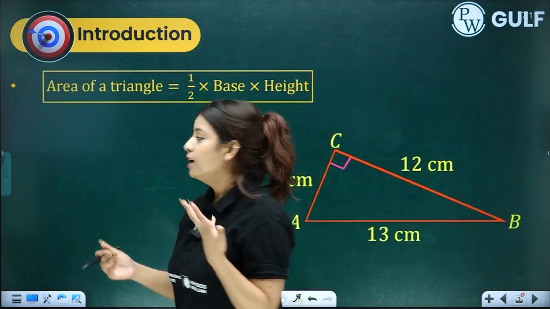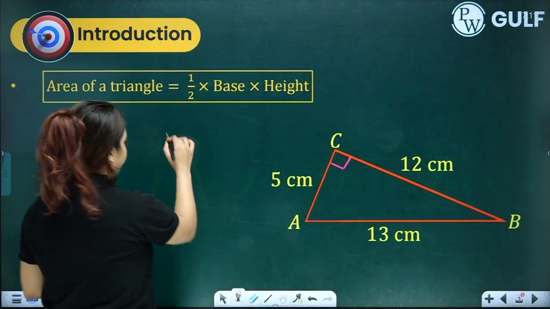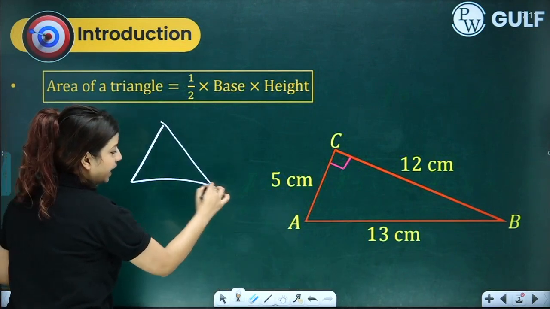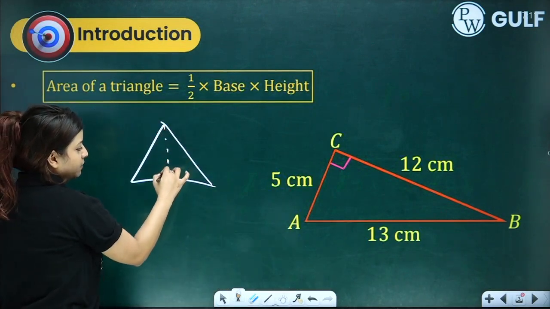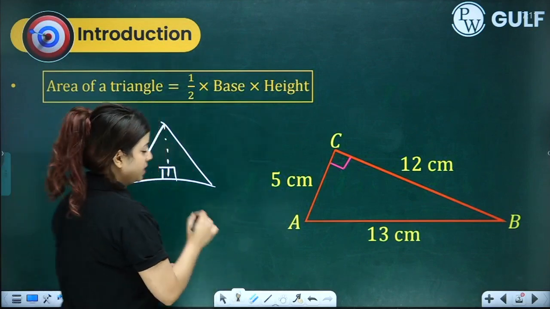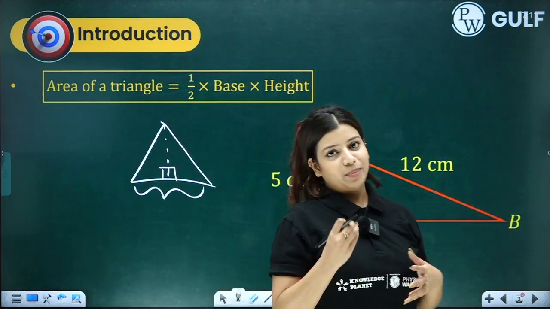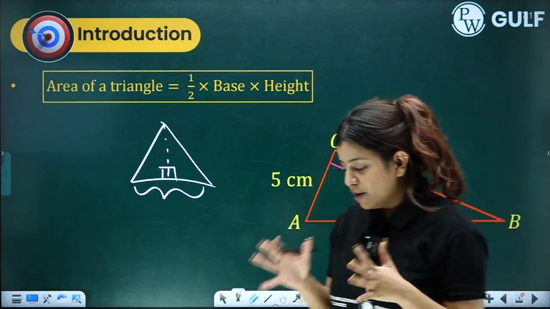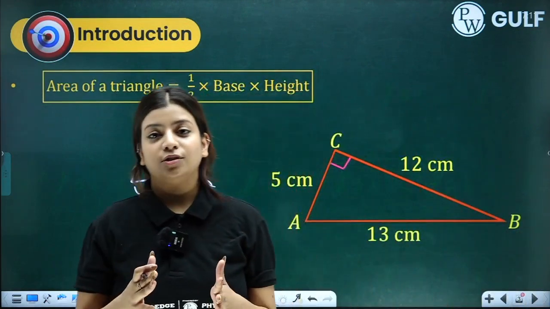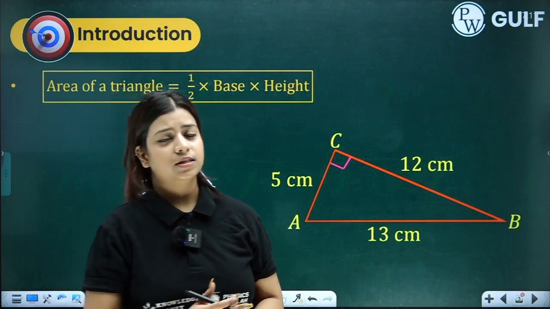Another thing is that for any triangle, for example one which is not a right angle triangle, we are given the specific height of the triangle and the corresponding base is taken in half into base into height. Now, Heron's formula deals with questions where the height is not given to us,